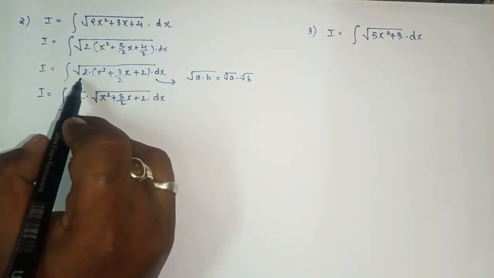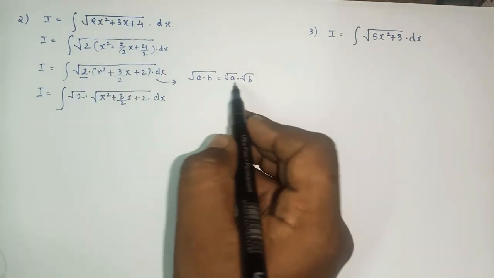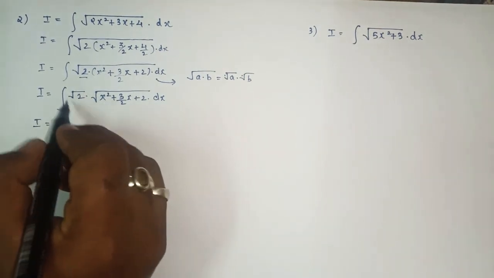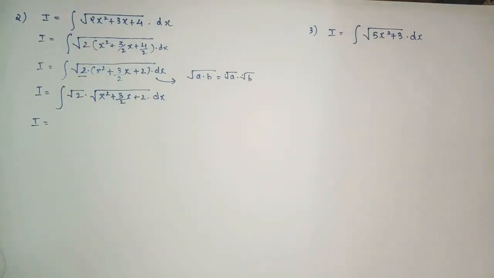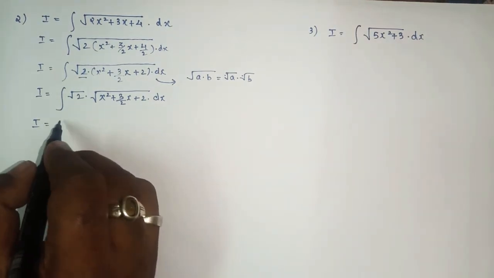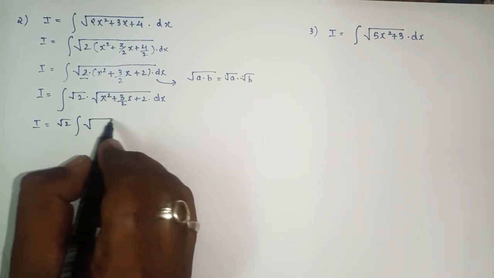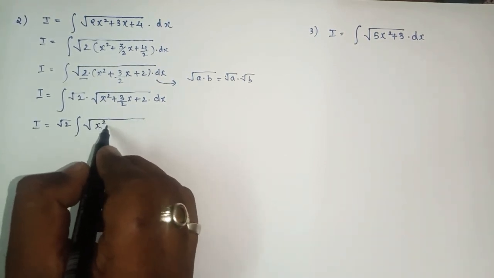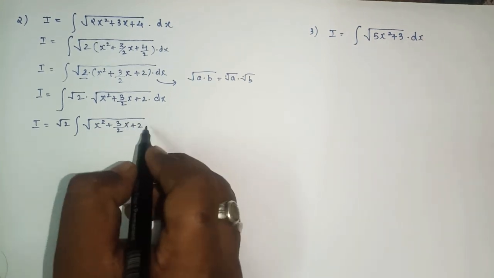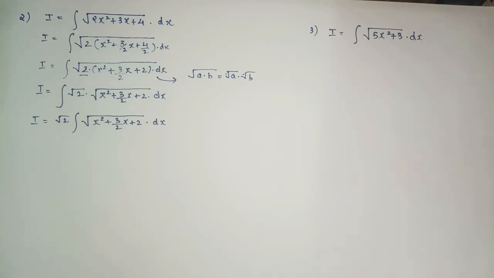So that is what I did here. We'll consider this part as a and this section as b, so root a into b we can write as root a into root b. Understood? So here root 2 is what? It's a number, a constant over there, so root 2 we can bring outside the integral. So this part will be x square plus 3 upon 2x plus 2 into dx. I hope you all understood